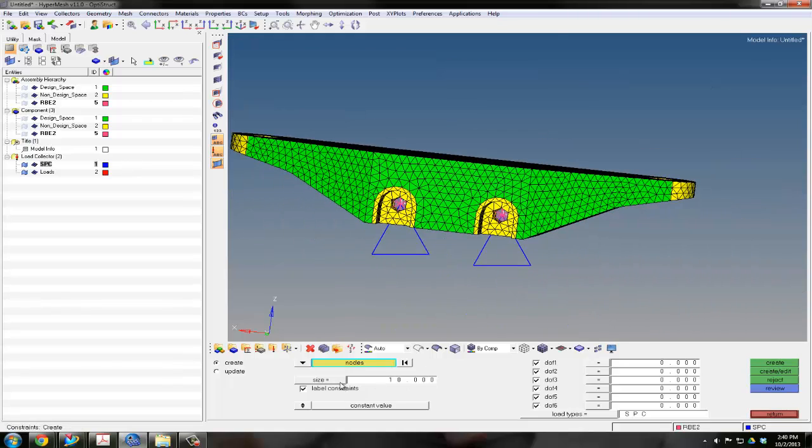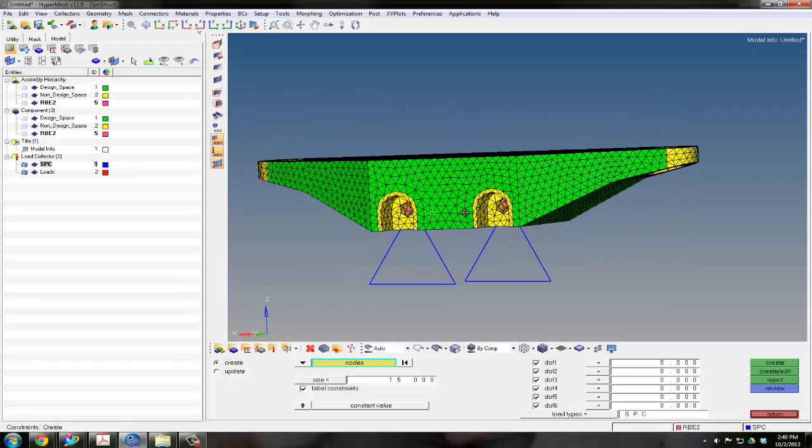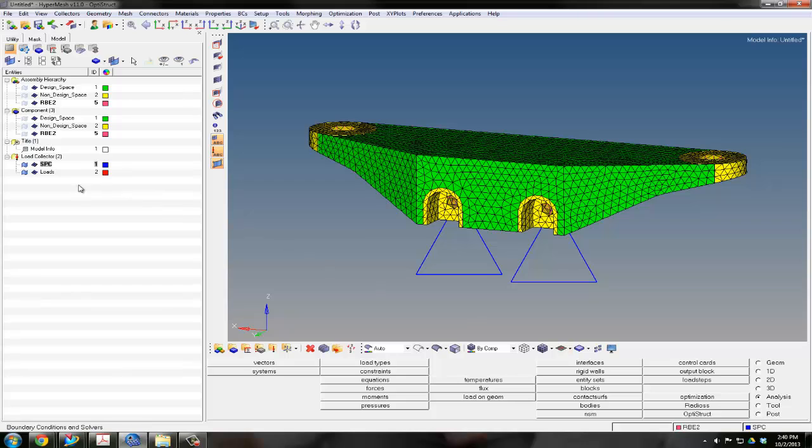And as you can see, size, you can change the size of the loads, or in this case the constraints, and this doesn't affect the analysis at all. This is purely for making it easier to see where your constraints are. So our model is constrained in those two locations. Now let's put some loads on. So let's make the loads container current,